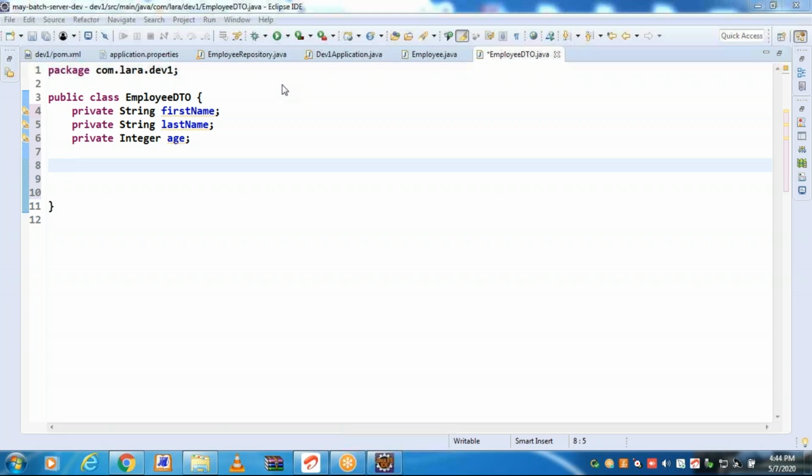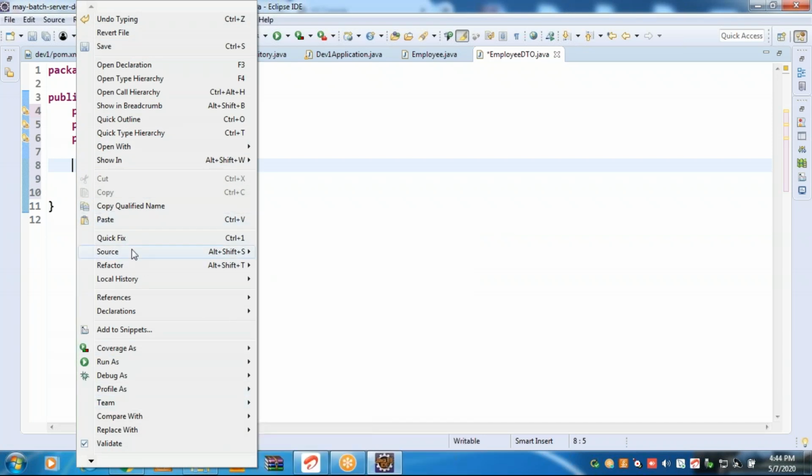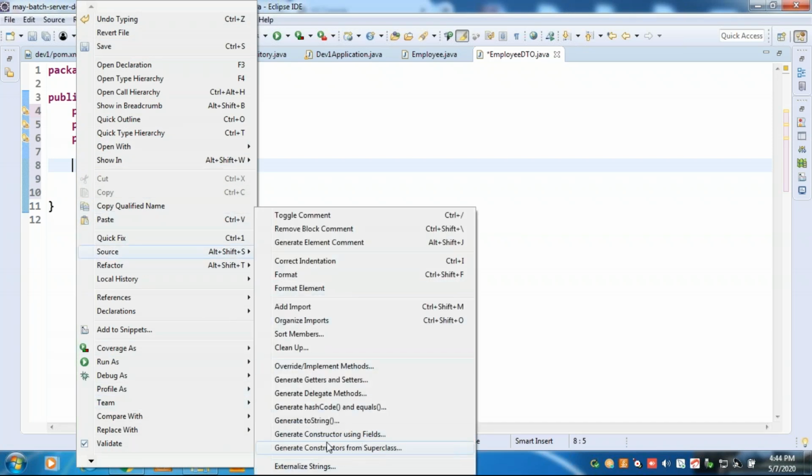Everybody, right click, go to Source, Generate Constructor using Fields.